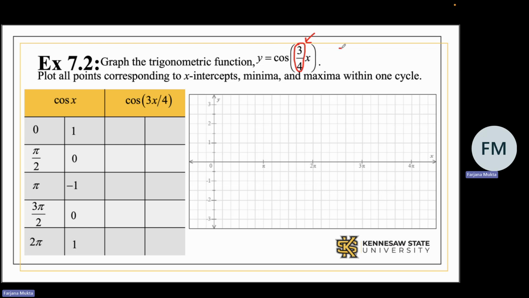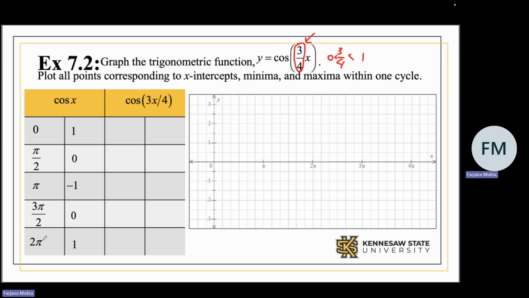Since the constant 3/4 is in between 0 and 1, we are going to have horizontal stretch, right? And whatever happens inside the function in terms of operation, we follow the opposite of our intuition, right? So